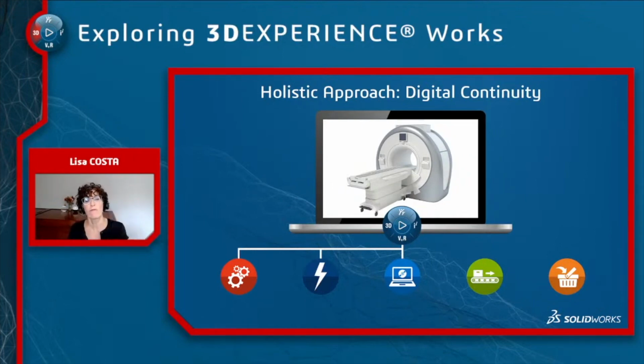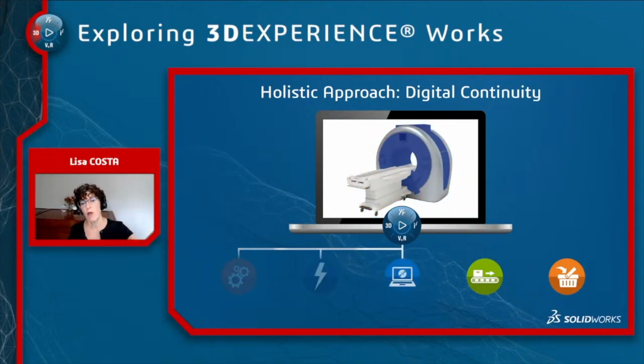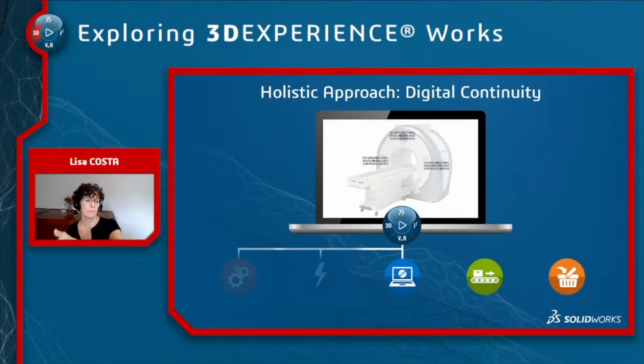What if we could all feed it into a system where this stuff could come together, and people are just adding their pieces of the puzzle to the product information,